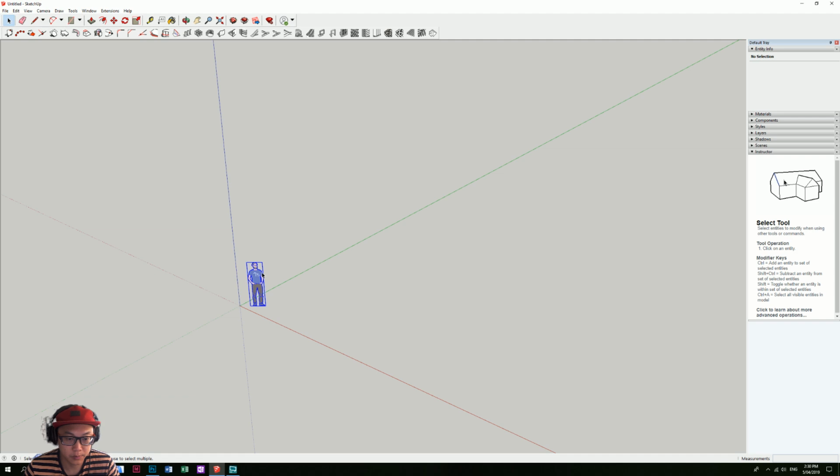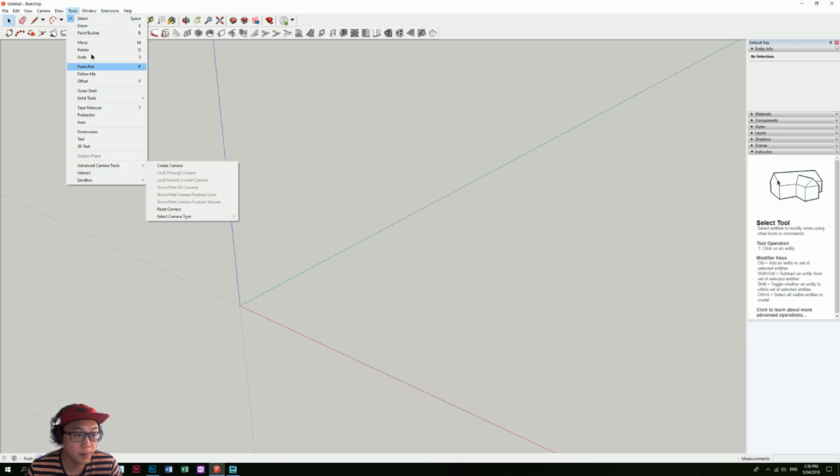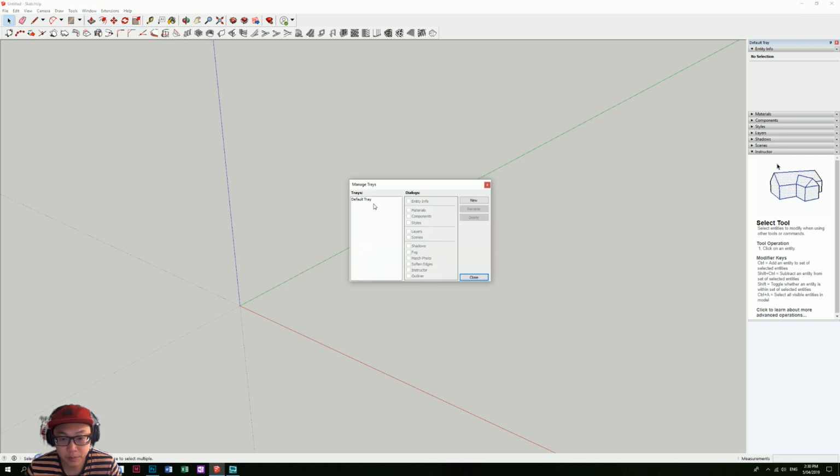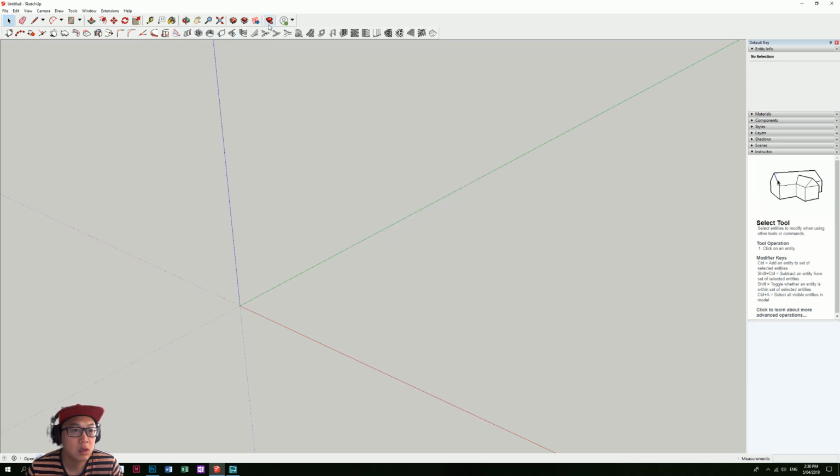And first, what we're gonna do, it's not here because I just reinstalled SketchUp on this computer, so there's a lot of stuff that's not here. And now I just need to show some stuff. Manage trays. Oh, it's not even here anymore. There used to be